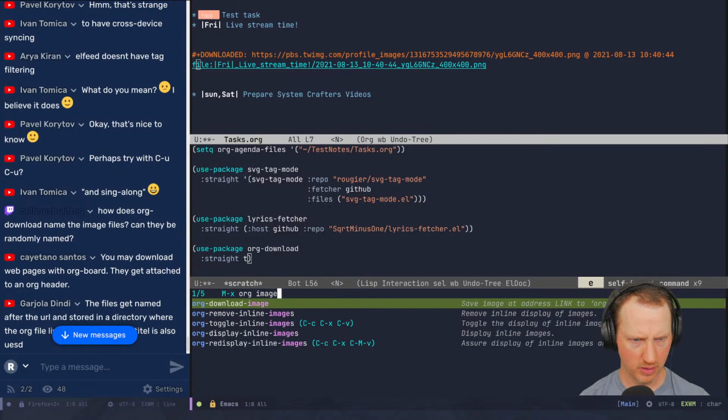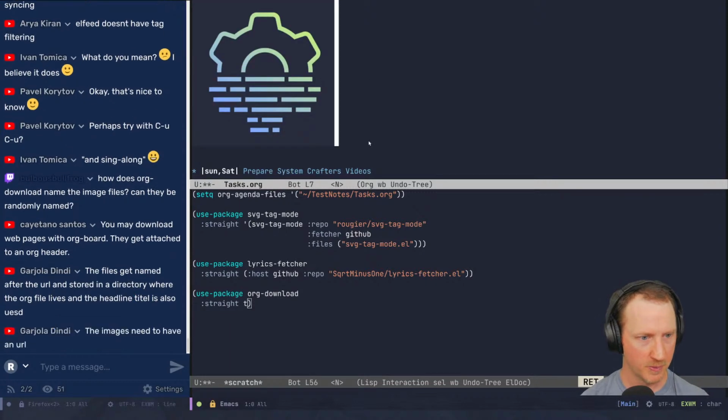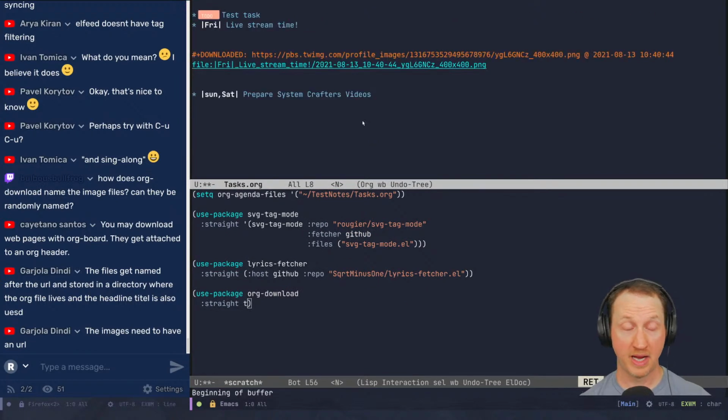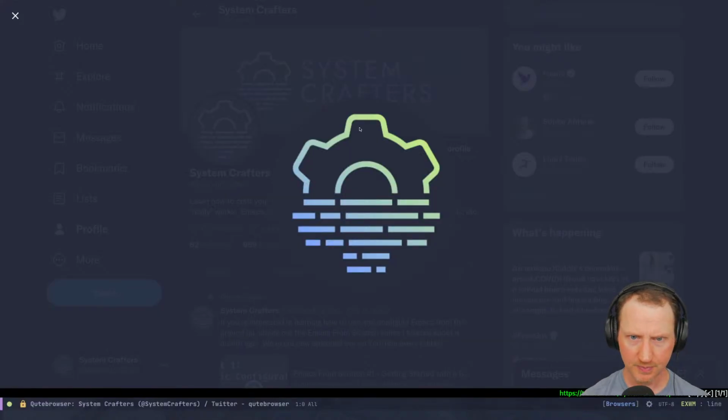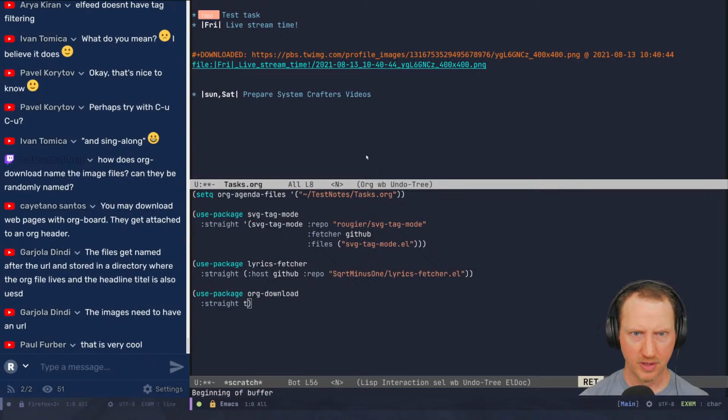Org toggle inline images. Okay, so that does work. So if you toggle inline images on, it basically inserts that image directly into the buffer, which is cool. So turn that back off again. So that was great. It actually worked out pretty easily. So if you wanted to easily put images into an org mode document and you want to copy them locally at the same time, this could be a very easy way to do that. That's nice. Go away. There we go. Okay. Let me check the notes again.